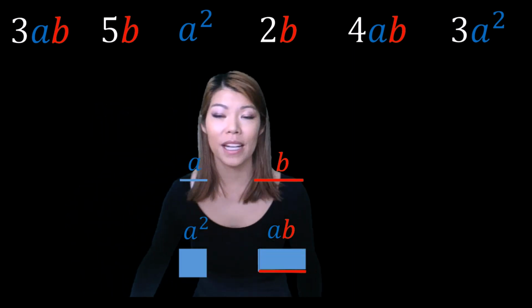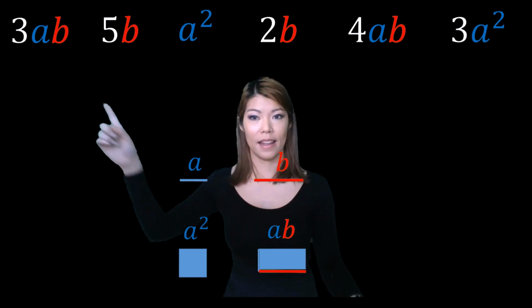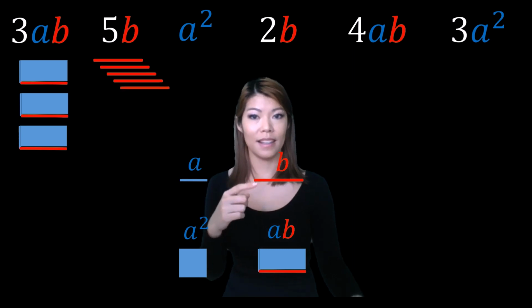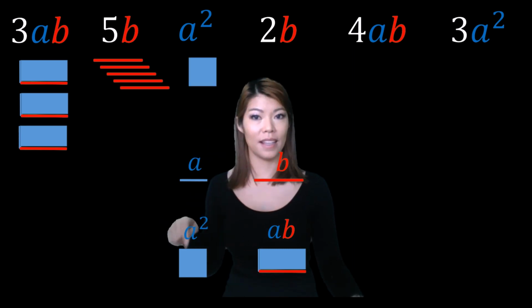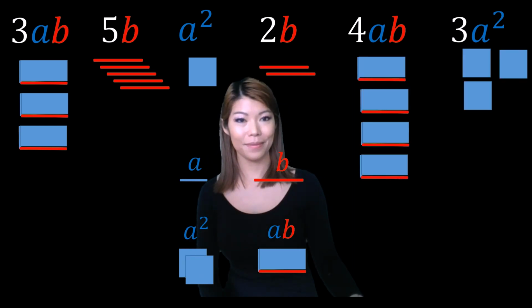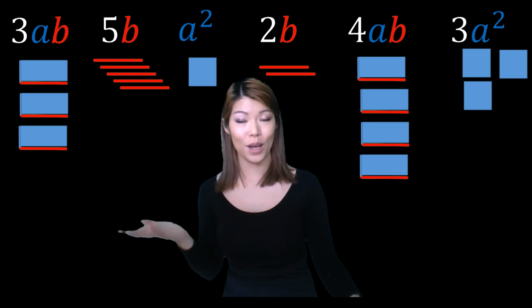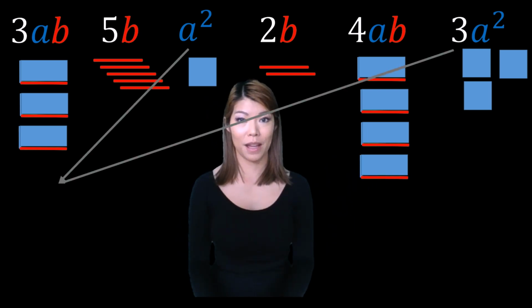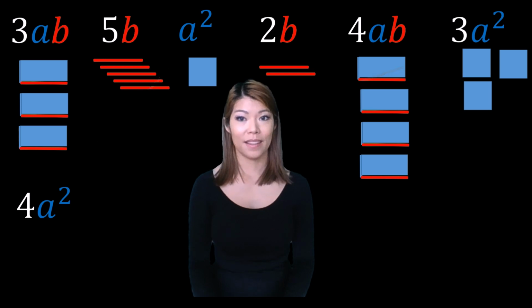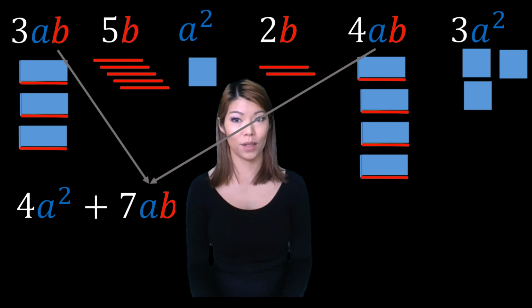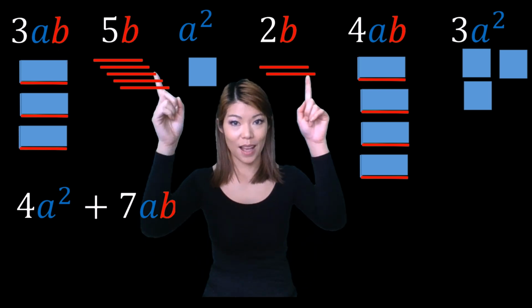So now we can have a look at all these, and 3AB would be 3 of these. 5B would be 5 of these, A squared would be just 1 of these, 2B would be 2 of these, etc. Now that we have a visual representation, we can add them together. We can clearly see that these are like terms, so A squared, we have 4 of those, so we can put them in the equation there. And we can see that these are also like terms, so 7AB, 3 plus 4. And we have plus 2,